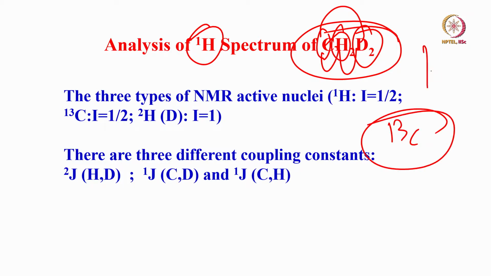Natural abundance means its abundance is only 1%. So generally when it is 1% abundant, we see small intensity peaks on either side. We call them satellites. This we discussed in the earlier course. So remember, when I consider carbon-13 at natural abundance, you should get only satellites.